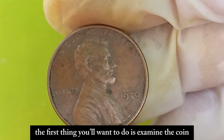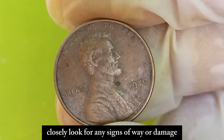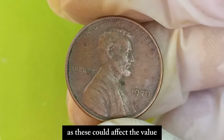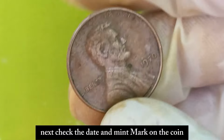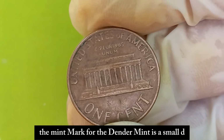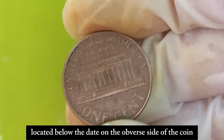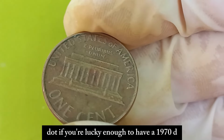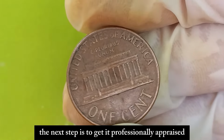The first thing you'll want to do is examine the coin closely. Look for any signs of wear or damage, as these could affect the value. Next, check the date and mint mark on the coin. The mint mark for the Denver Mint is a small D, located below the date on the obverse side of the coin. If you're lucky enough to have a 1970 Lincoln penny in your possession, the next step is to